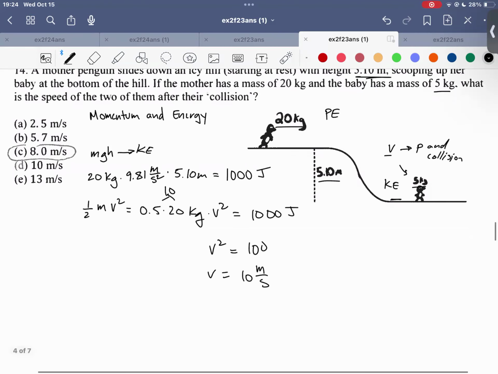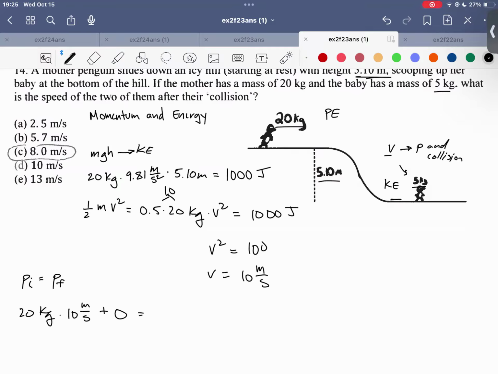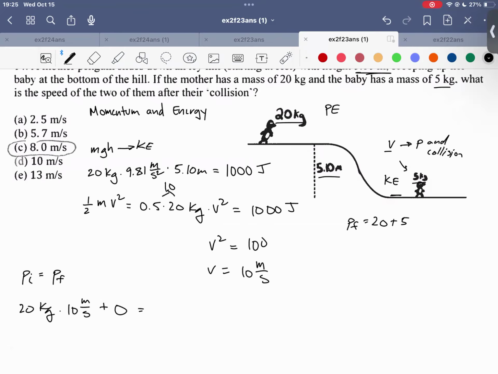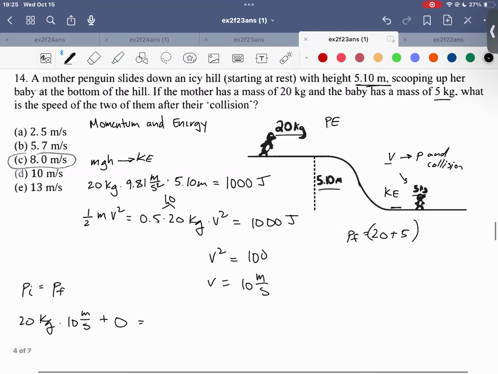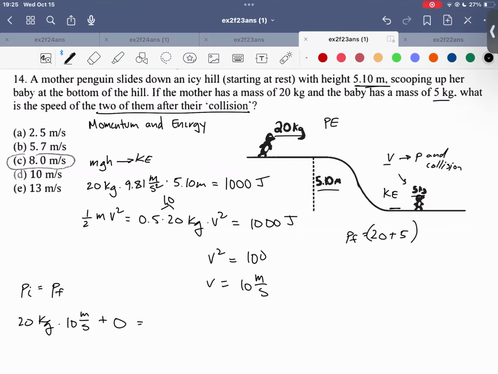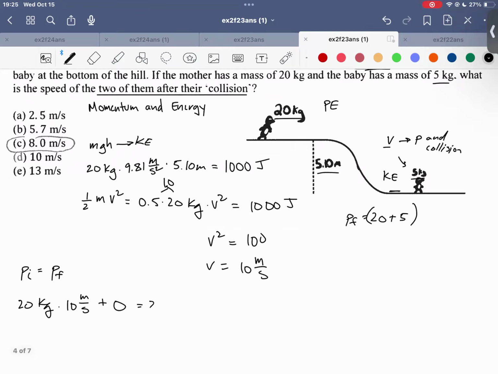Now we have our simple momentum, and so now we say momentum initial is equal to momentum final. The small penguin is at rest, so that means we just have 20 kg times 10 meters per second plus 0 is equal to momentum final. And so momentum final is going to involve this 20 plus 5 kg, right? Because they collide and the speed of the two of them after their collision, they stick together, assuming she scoops her up, right? So they stick together. So 20 plus 5, so we have 25